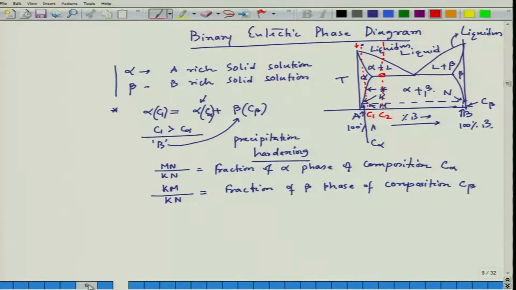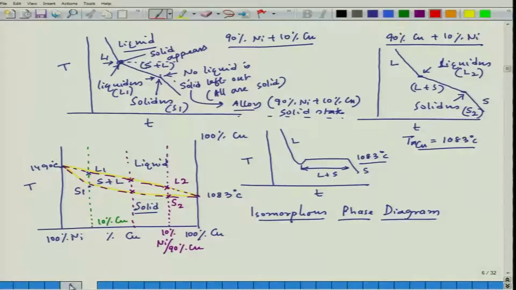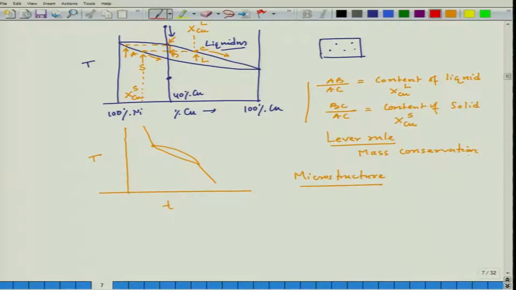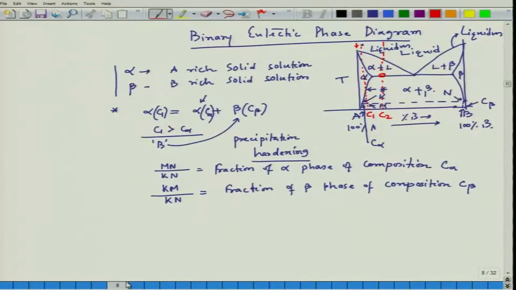and the way we have seen the composition changing from C to S, similarly here also the composition would change as the metal comes to this particular position. The composition of the remaining liquid would be here, and it will have a transformation which is called eutectic, where a liquid converts into two new solids,